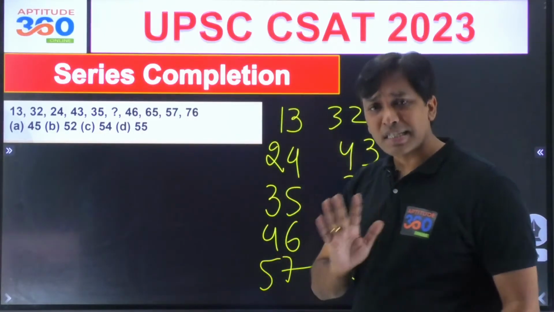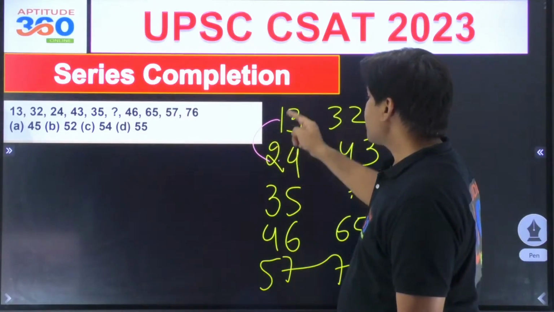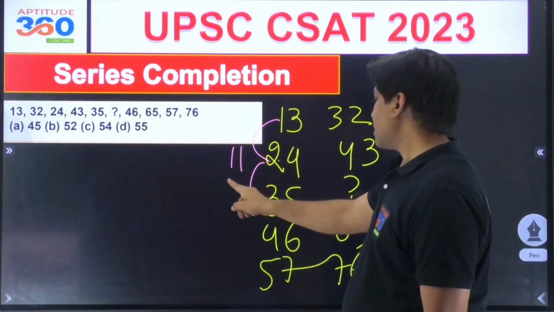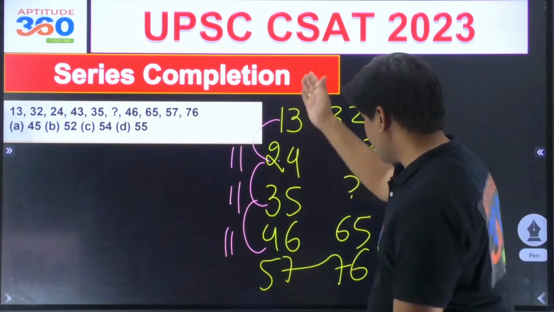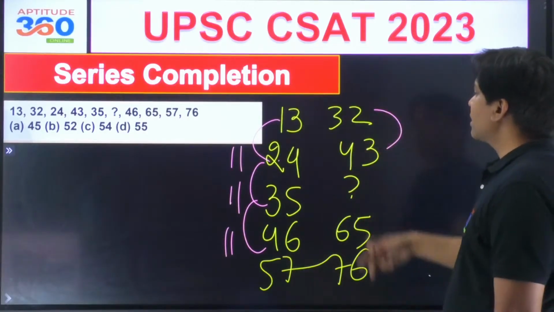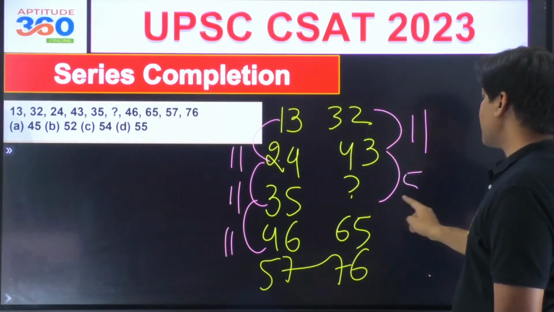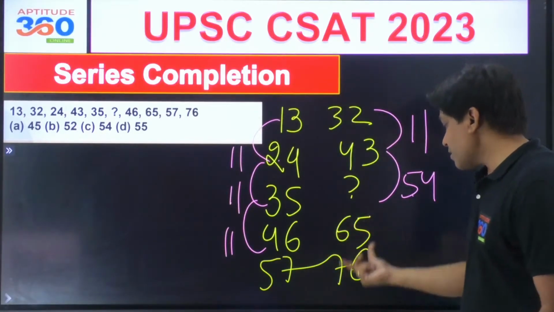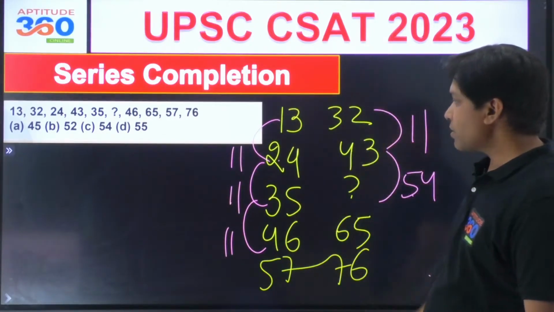It's a combination of two series, is it not? So this minus this is what? 11, and this minus this is again 11. There's a difference of 11 in all the terms. So this is increasing, so this plus 11, and this plus 11 will have to be this. If this is 11, so 54 plus 11 is 65, and 65 plus 11 is 76. So this order is also increasing by 11, and this order is also increasing by 11.